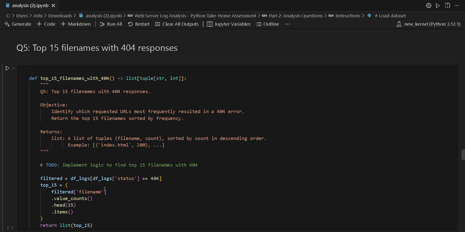It takes the top 15 most frequent file names with .head and converts the result into a list of tuples using .items,